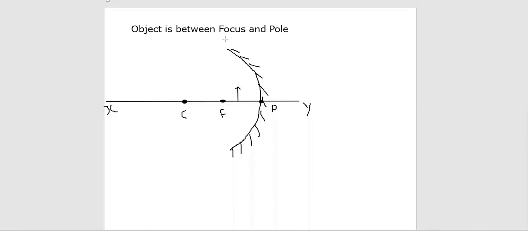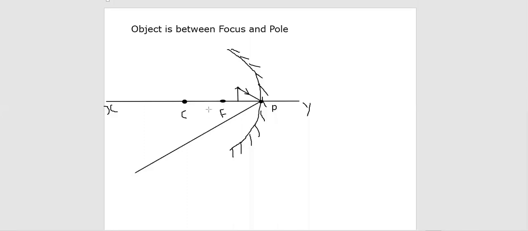Now suppose consider a ray of light is there. Suppose it is touching the pole. It is coming and it is incident on pole. A ray of light is incident on pole. Right, fourth rule you have learned. After hitting the pole, what will happen? It will travel like this. Incident ray will be equal to the reflected ray.